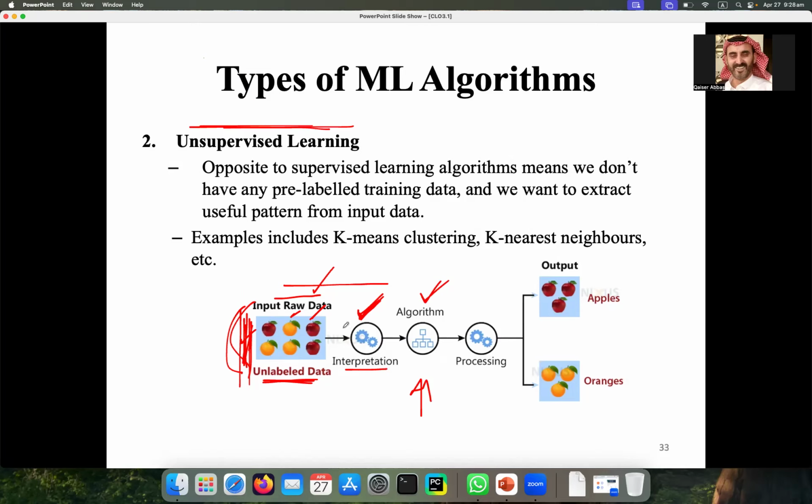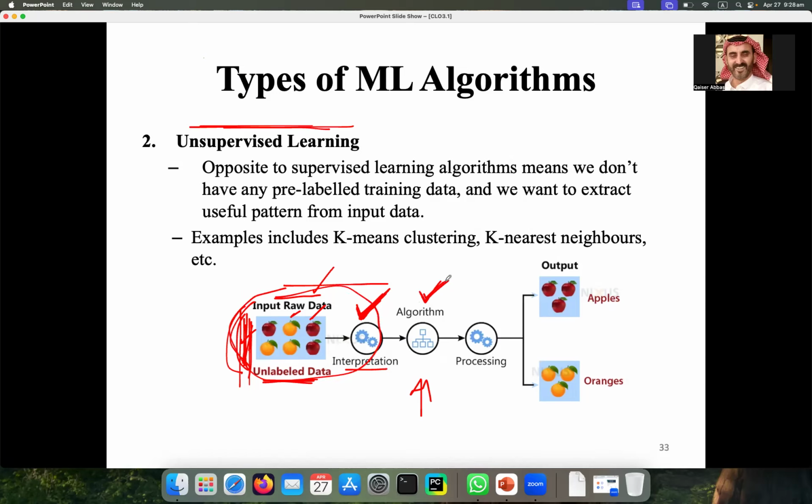But anyhow, you are interpreting this unlabeled data, which means you are introducing features, and those features will have information. Then your algorithm will run on those features, or will understand things from the features and from this data automatically.